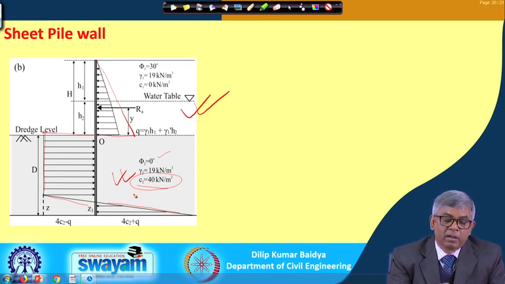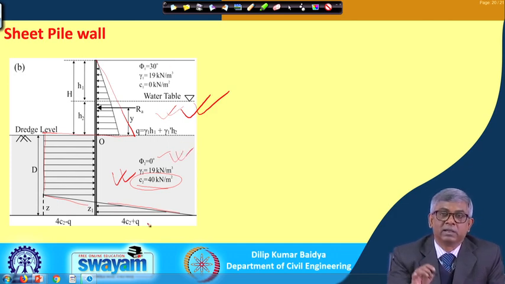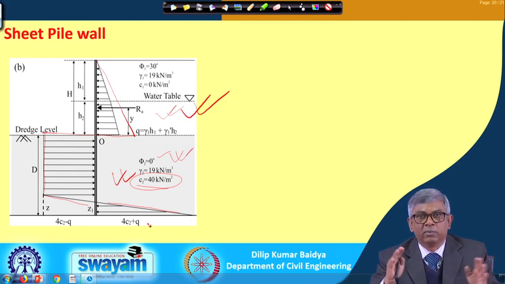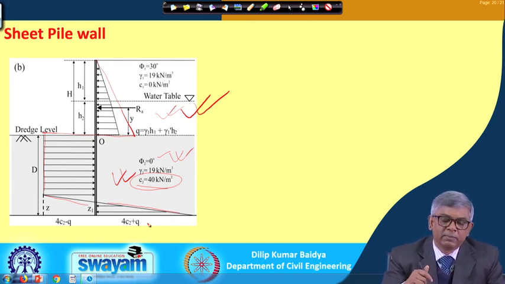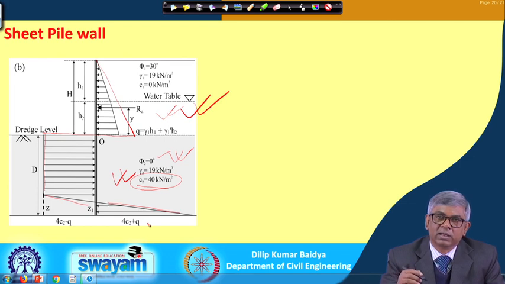If I want to do a simple analysis similar to that, a simple diagram can be obtained, with this side active and this side passive, and then equate and find the depth of embedment. That also can be done. But based on rigorous analysis, with cohesionless soil above dredge level and cohesive soil below dredge level, this is the typical diagram. Again, the way I have done for sand, it is the same thing. First we consider force equilibrium, then moment equilibrium, and based on that we arrive at another equation and solve for the depth of embedment.